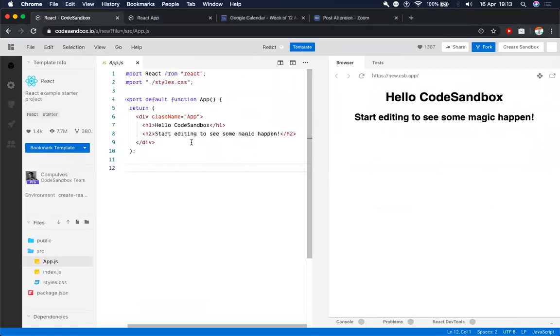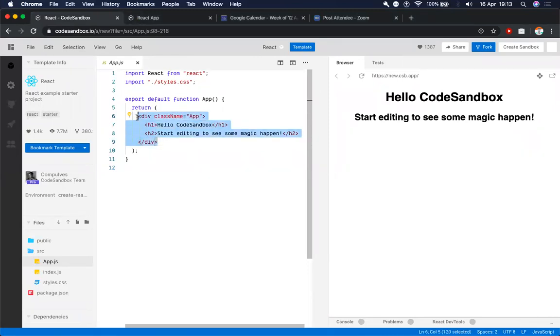In the simplest terms, state is what is written here right now. We have told React that I want a div component here, I want an h1 here, I want an h2 here. Please display this for me.